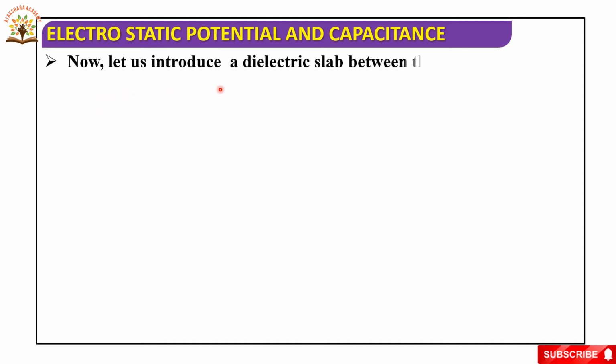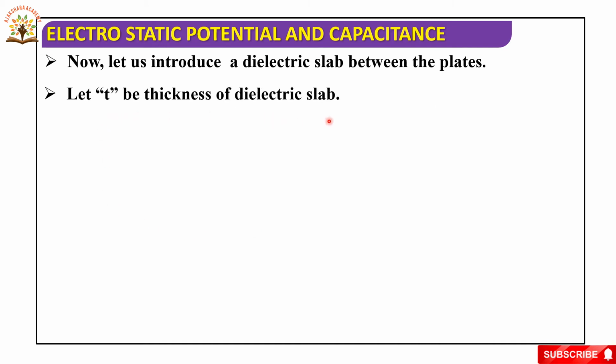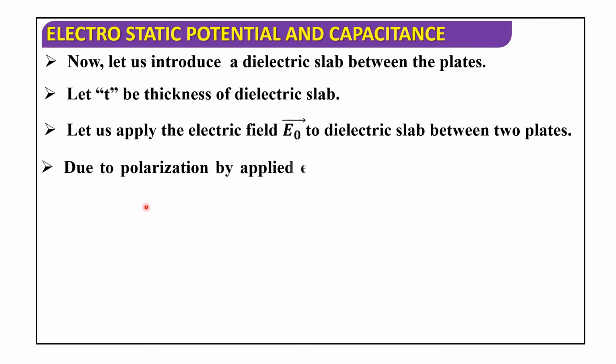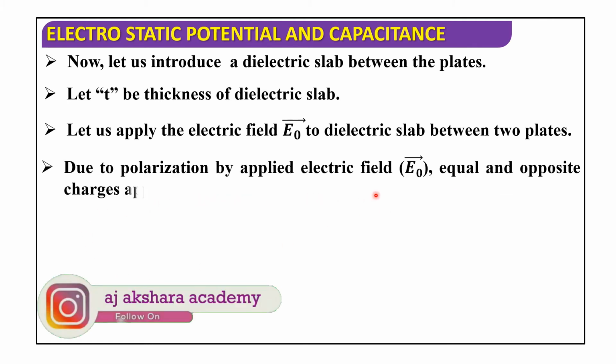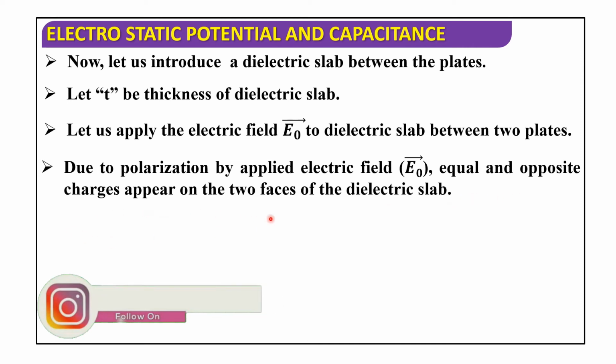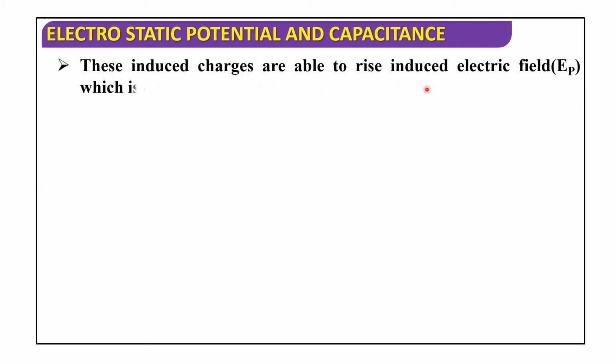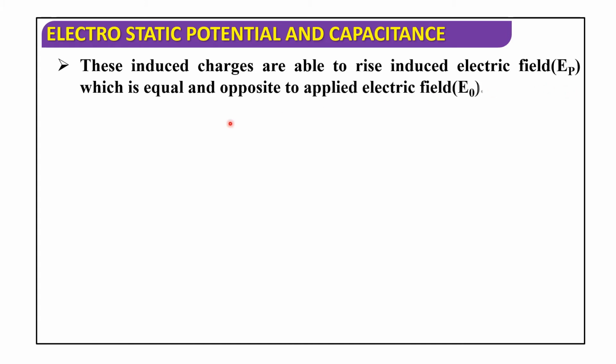Now let us introduce a dielectric slab between the plates. Let t be the thickness of the dielectric slab. Let us apply the electric field E naught to the dielectric slab between the two plates. Due to polarization by the applied electric field E naught, equal and opposite charges appear on the two faces of the dielectric slab. These induced charges give rise to an induced electric field Ep, which is equal and opposite to